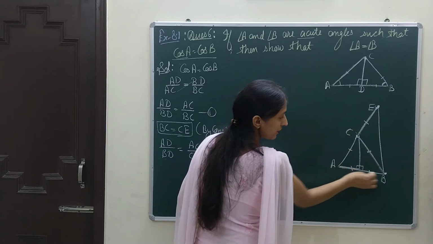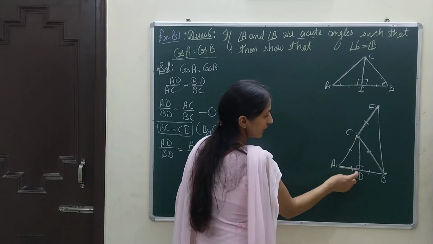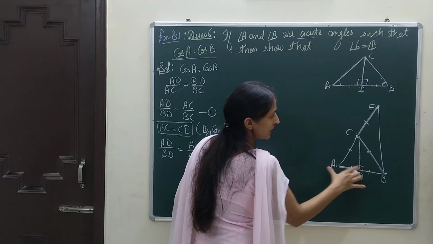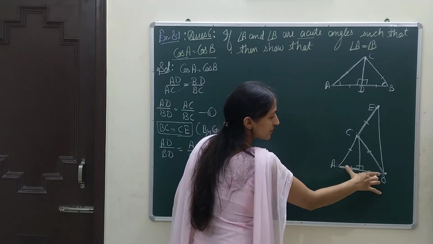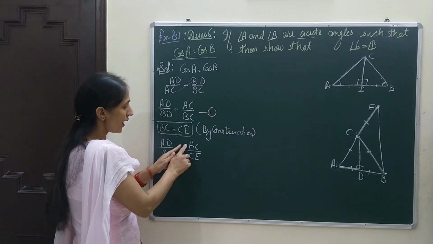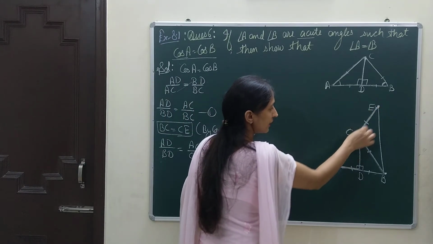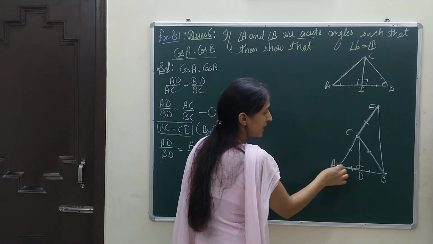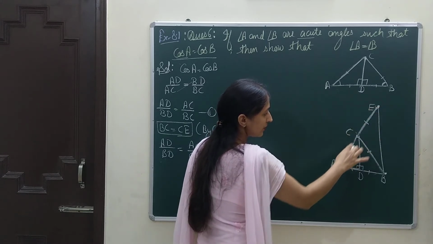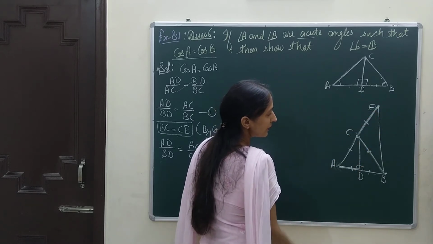Now I am dealing with these two lengths. If I see in the bigger triangle, these are two parts of one side of the triangle. One side of the bigger triangle is AB. AB is one length and these are two parts, AD and BD. See here, AD and BD. And the other two parts I have written are AC and CE. This is another line, the other side of the triangle, which is AE. And these are two parts of the other side of the bigger triangle.